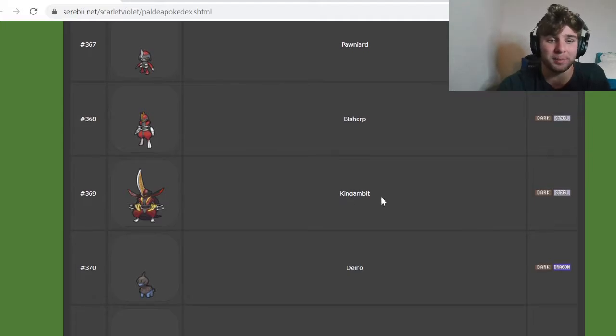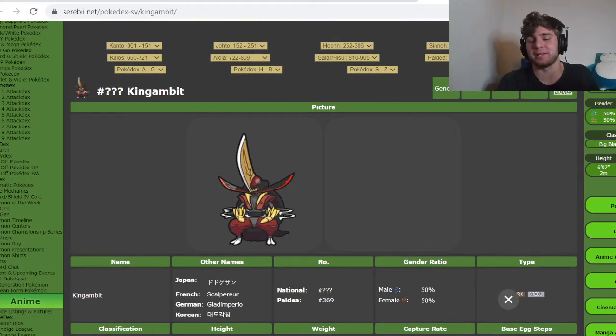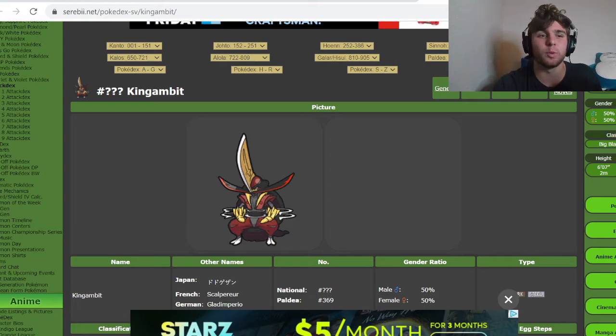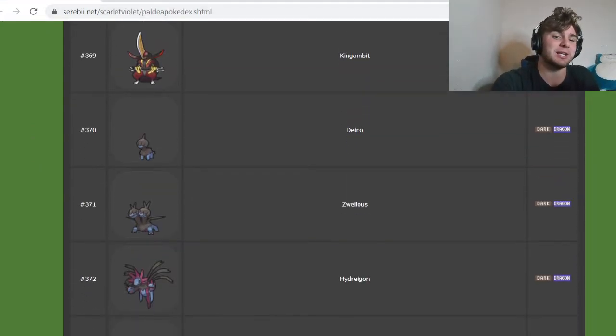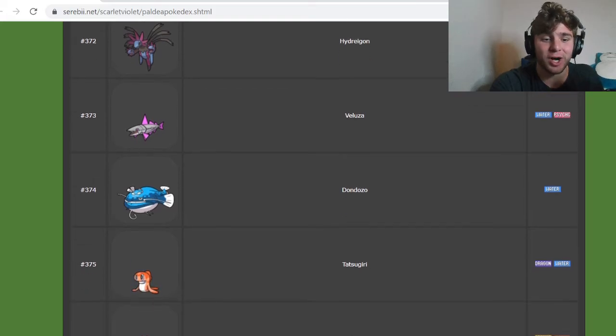And then Bisharp, yes, gets an evolution called Kingambit. Looks insane, by the way. It looks really, really cool. Quick keyword Bisharp. Still hunting for that shiny in Pokemon Go. Then we got Veluza, which is pretty cool, and Dondozo, and then Tatsugiri,